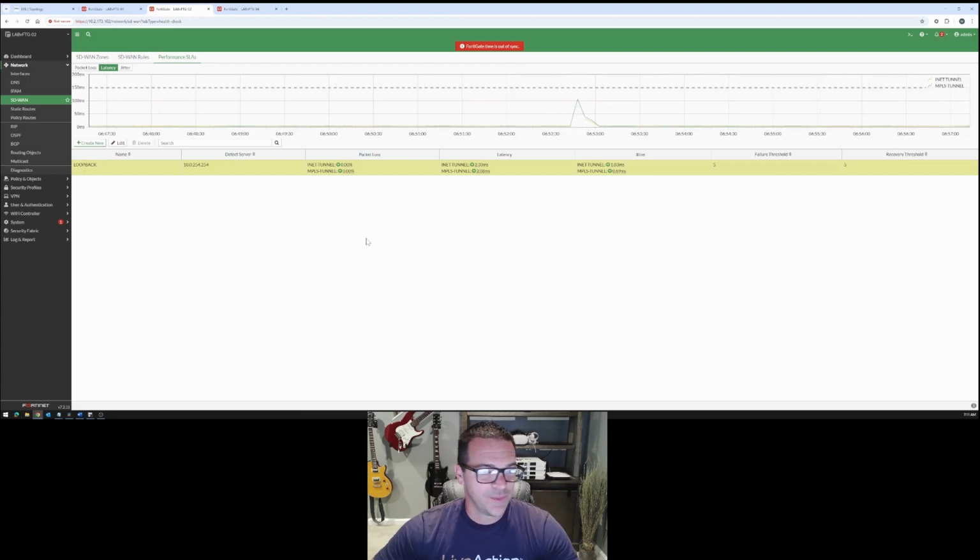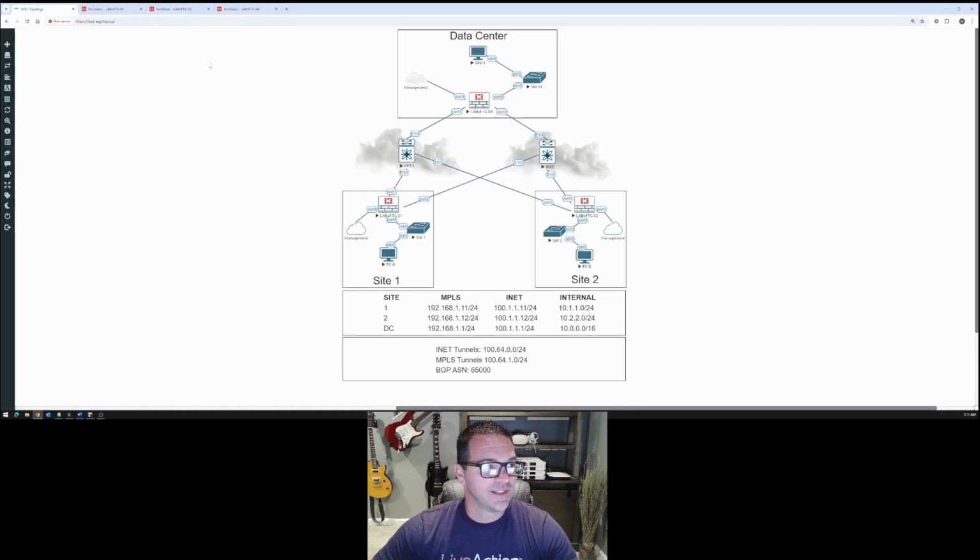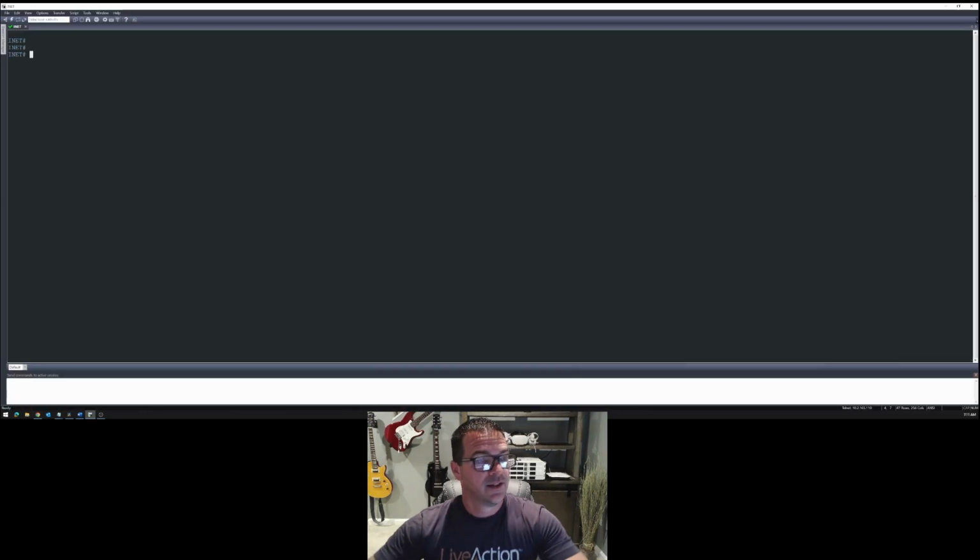So ultimately, we need to measure the performance on the internet as well. So there's a few things we're going to need to do. I'm just bringing up some notes here. Okay, so to simulate that, what we'll do is on our internet switch, we're going to define a loopback called 8888. All right, so I'm going to hop on the internet box, and if we show IP interface brief,